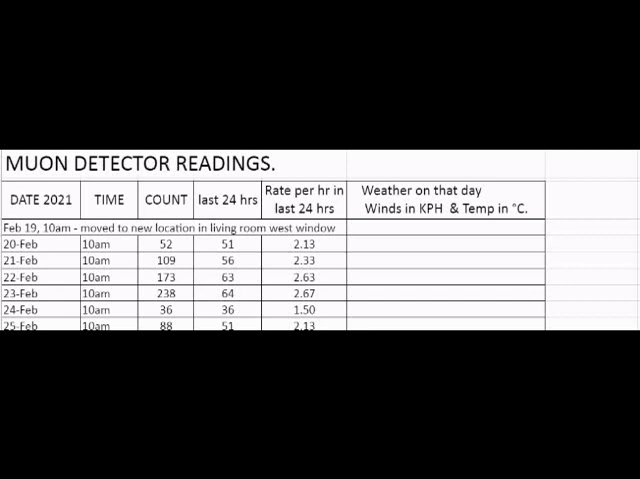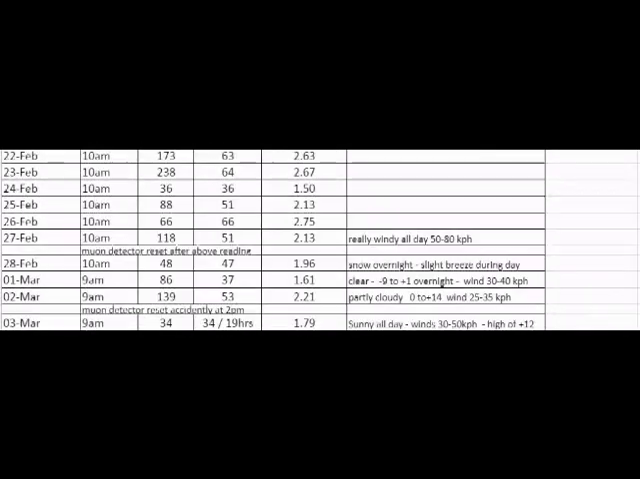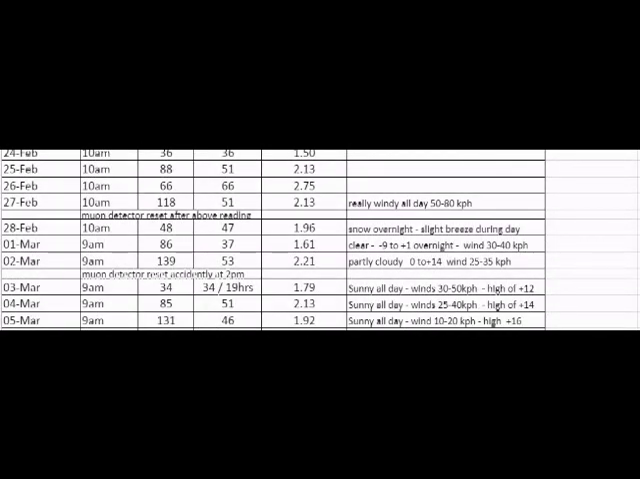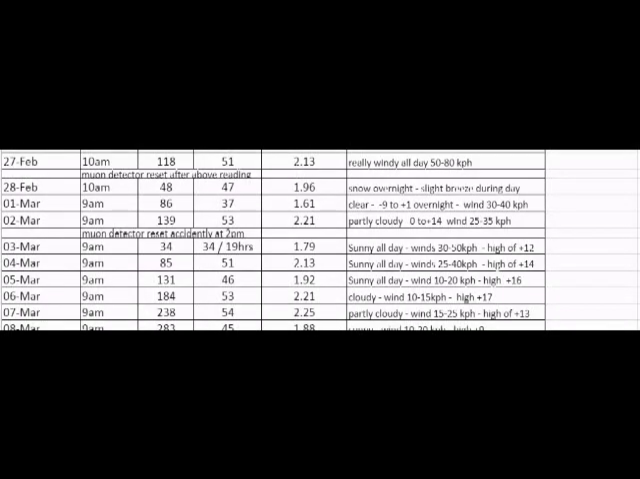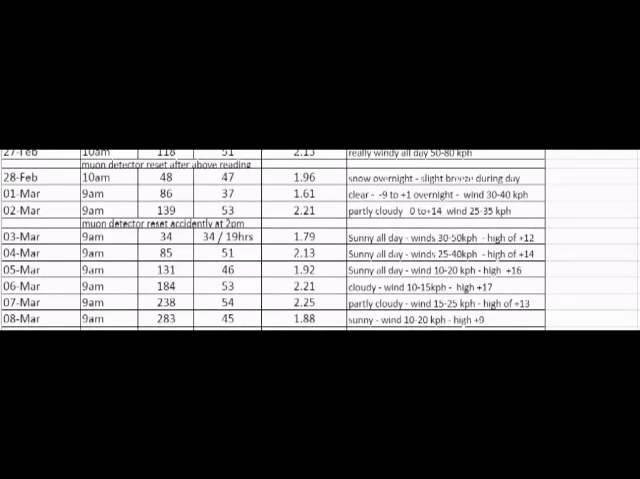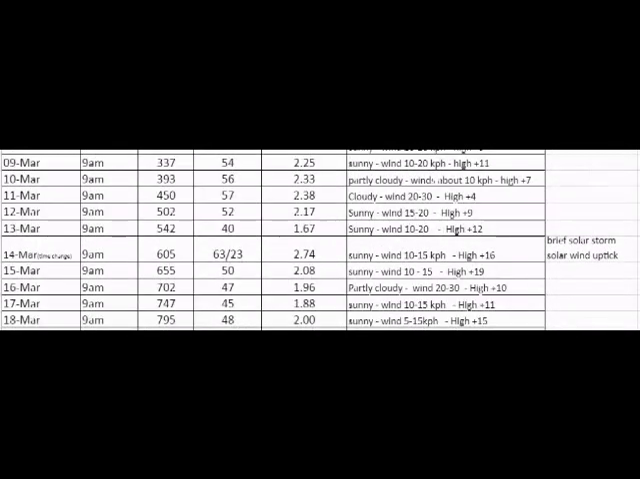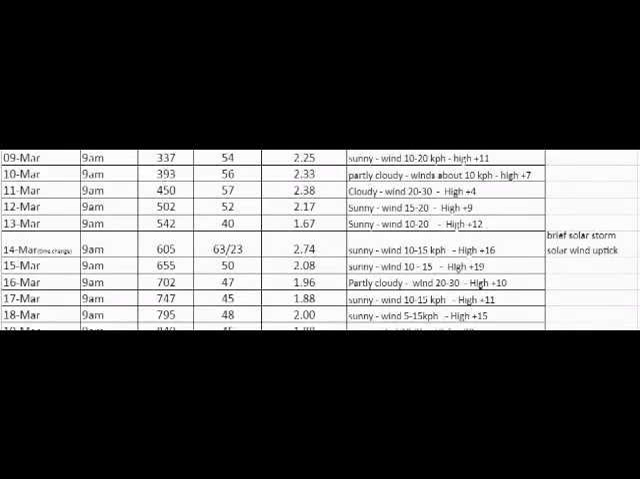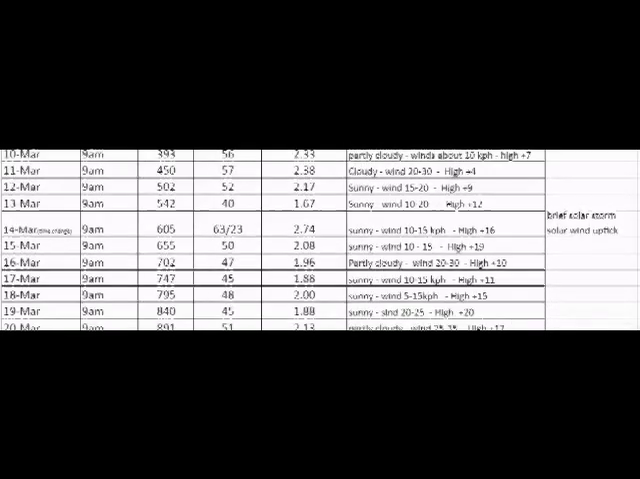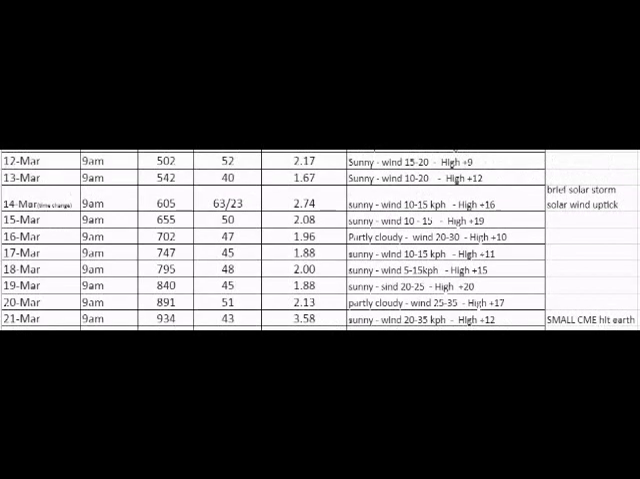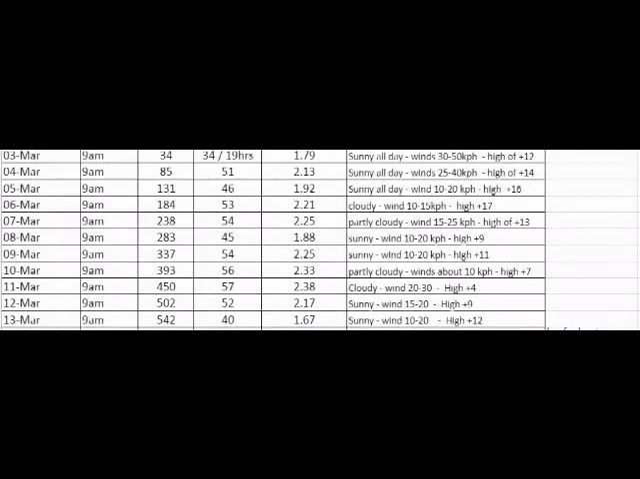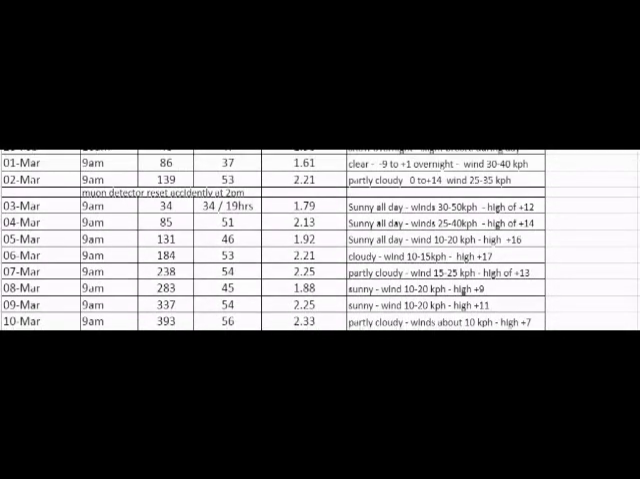So I'll quickly just show you what Kendall's sent us. And as you can see, he's noted there the daily temperatures and what's gone on in the day, whether it's snowed over the night. But if we go a bit further down, he's also added brief solar storm, solar wind uptick, and if we go down there, small CME hit the Earth in the last 12 hours, and you can see the readings for those. So if you want to pause the video and go back over the data that is compiled for you,